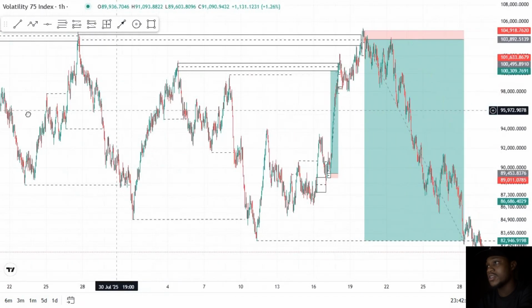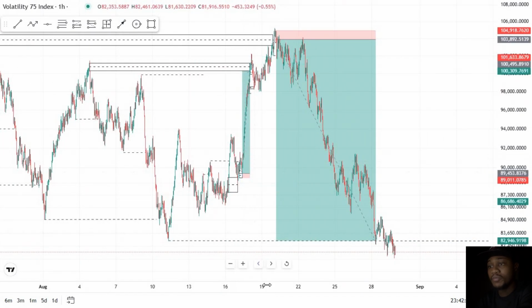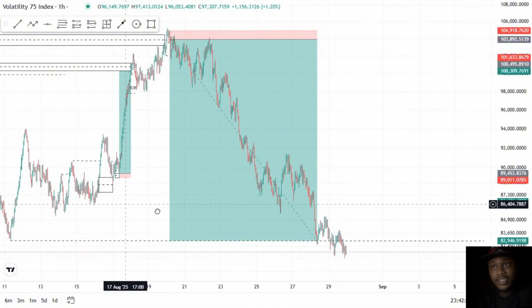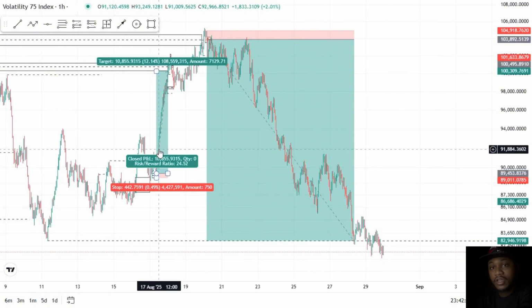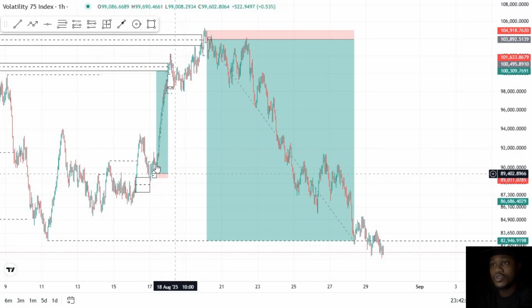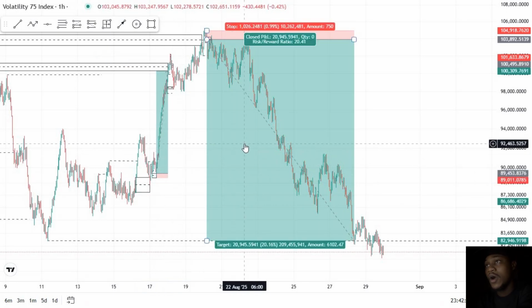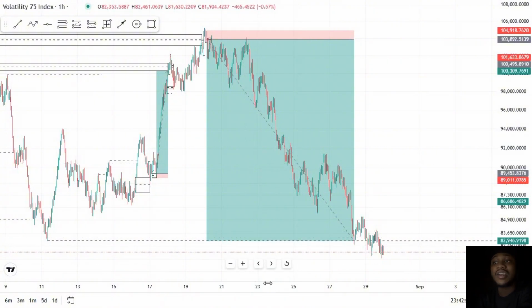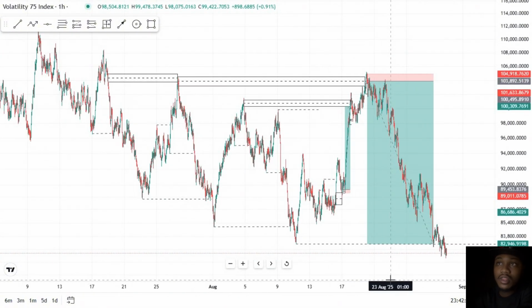So today I'm going to break down this 1 to 20 risk to reward. If you want the breakdown for the previous trade, you can go watch the previous video for that 1 to 24 risk to reward. So today our focus is on this 1 to 20 risk to reward, which actually respected, as you all know, the